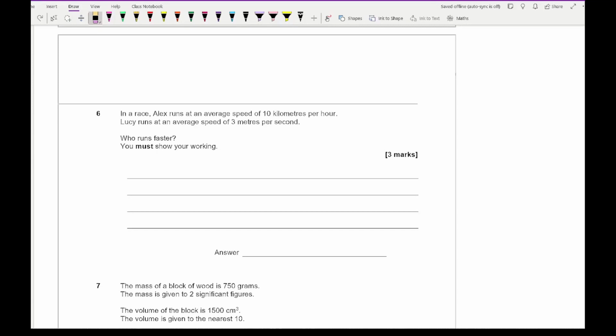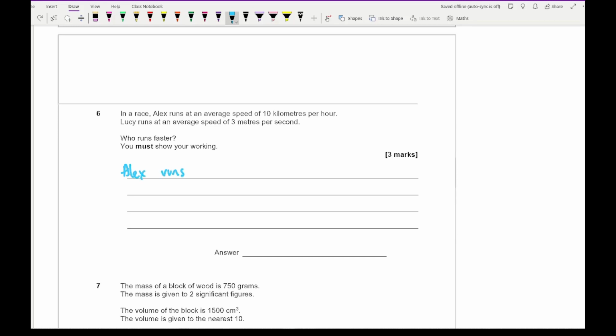So moving on to question 6, it says, in a race, Alex runs at an average speed of 10 kilometers per hour. Lucy runs at an average speed of 3 meters per second. Who runs faster? And you need to show your working out. So for this, what we need to do is find comparable units. So we know that Alex